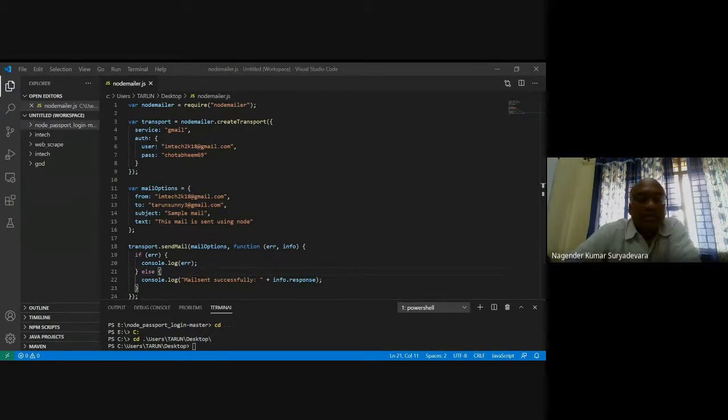So this is the program which we discussed in the class session regarding sending email using Node.js, right? Can you please test whether the program is running or not, if you don't mind, Tarun?